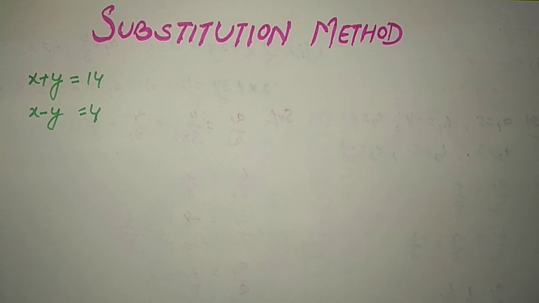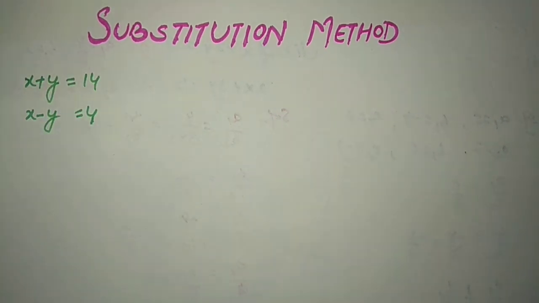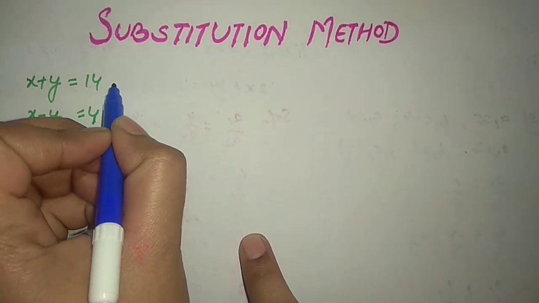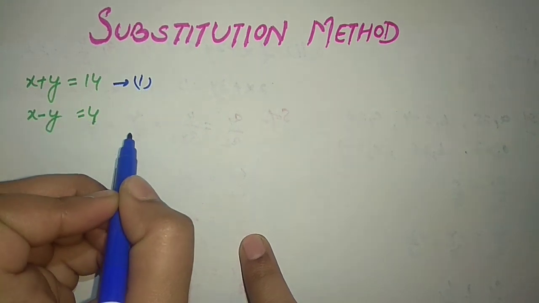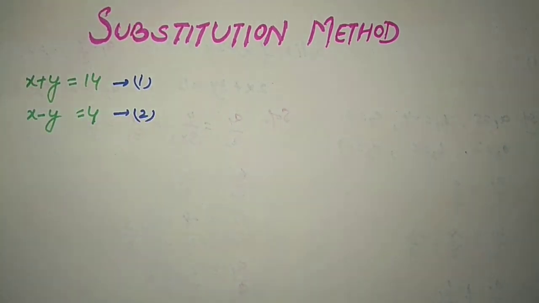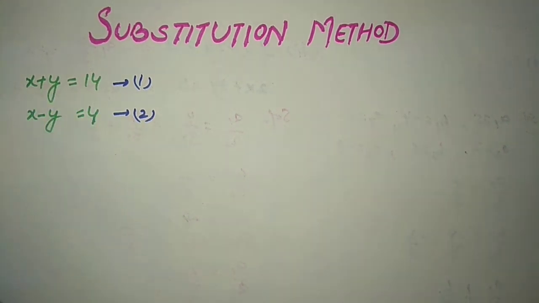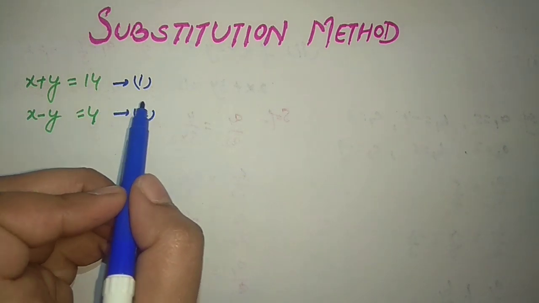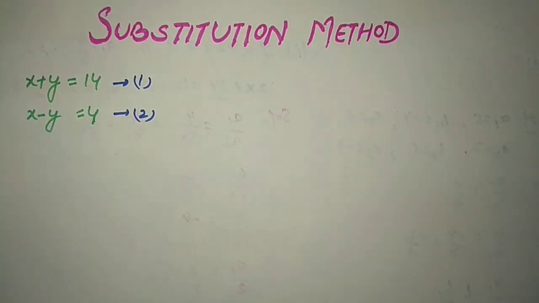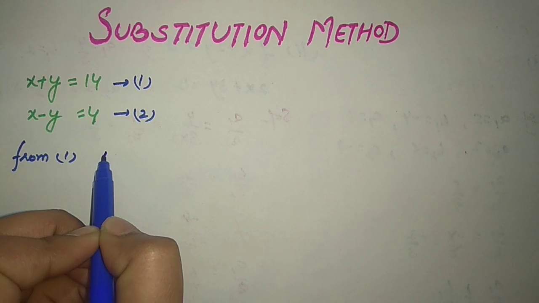This is our first equation, so mark it as first, and this as our second equation. Now what you have to do is, from the first equation we need to find the value of any one of the variables. Suppose I want to find the value of x. So from 1 we get